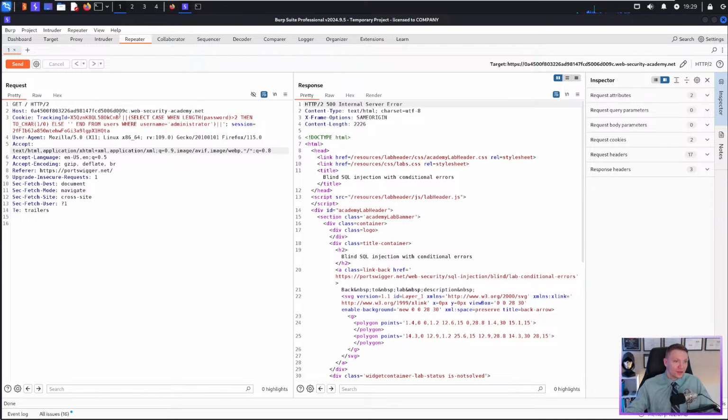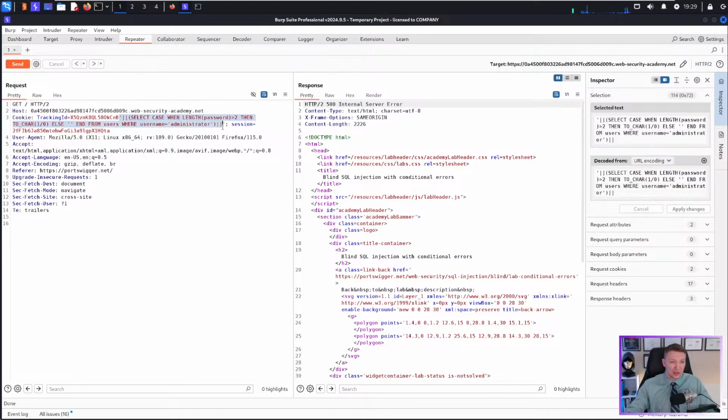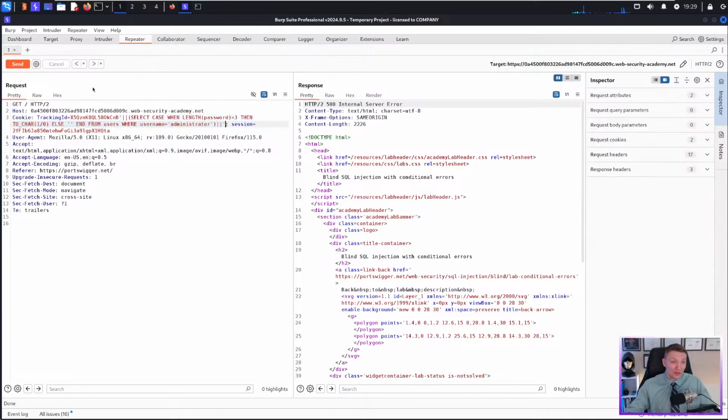Let's see here. We have to do this over and over again until there's no longer an error, I believe, is what we're looking for. So that's still an error. All we're doing is changing this 3 to a 4, and we're doing this until we don't get an error anymore. I believe that is what we are doing to figure out the length of the password. And once we know the length of the password,